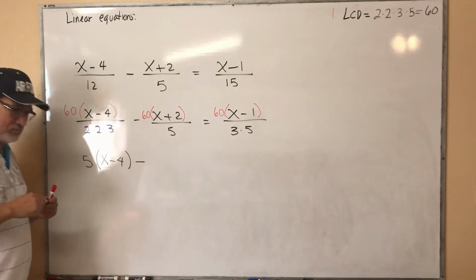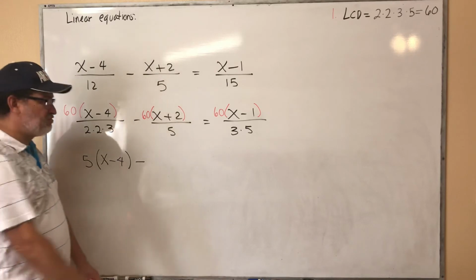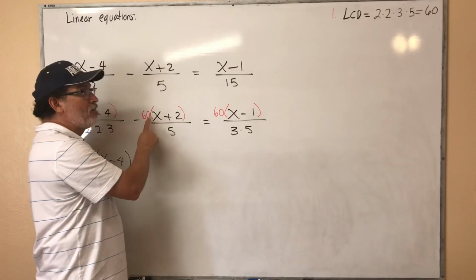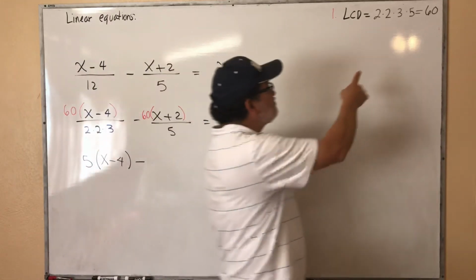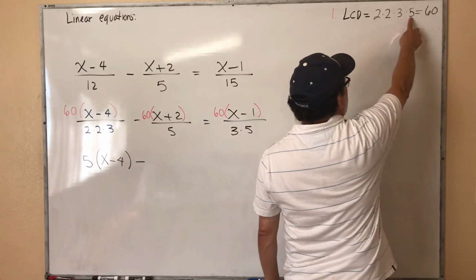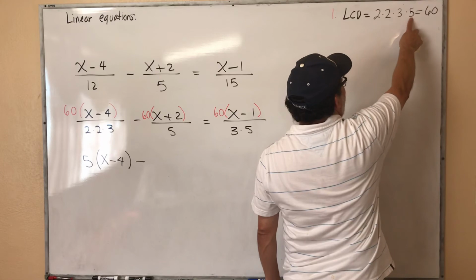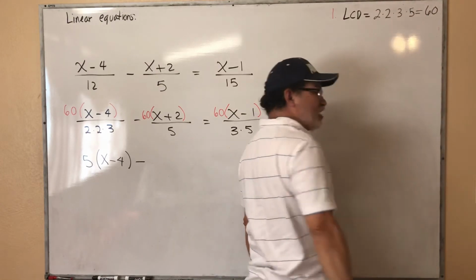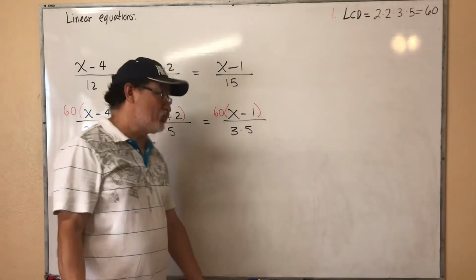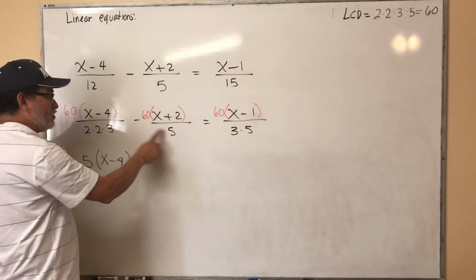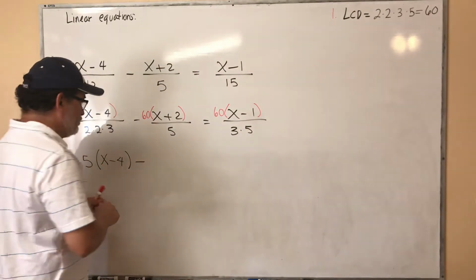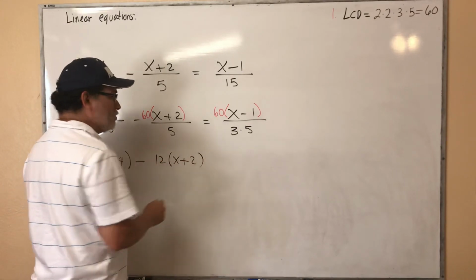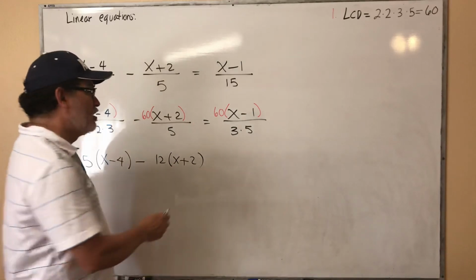See this 5? 5 into 60, the answer's right there. 2 times 2 times 3, which is what? 12. 5 into 60, 12. 12 times x plus 2. Don't worry about parentheses. Equals to